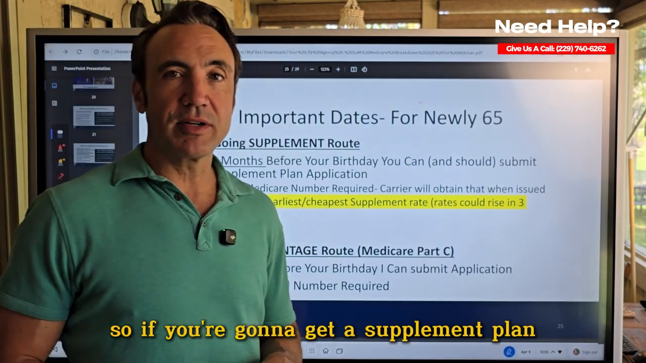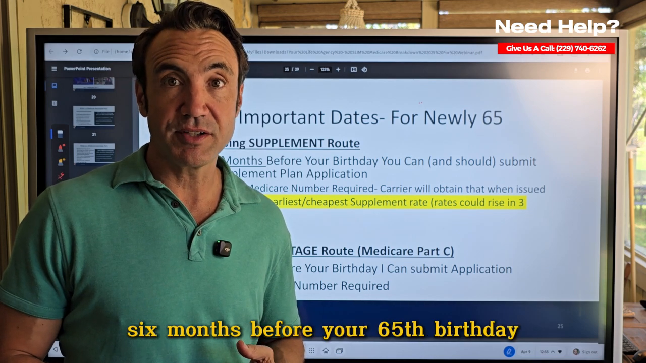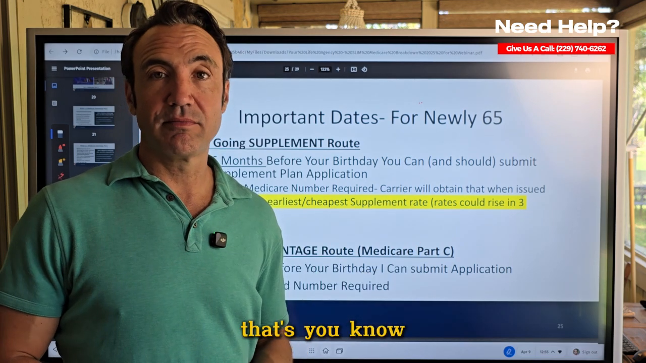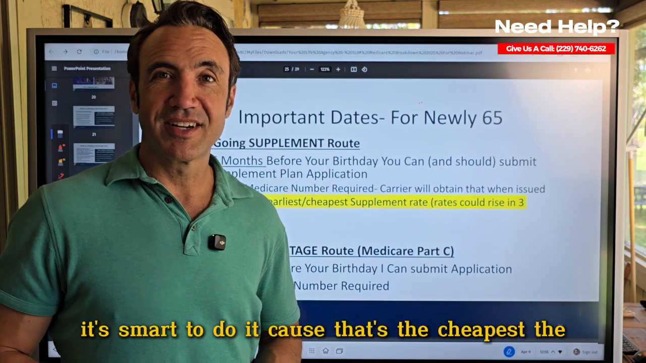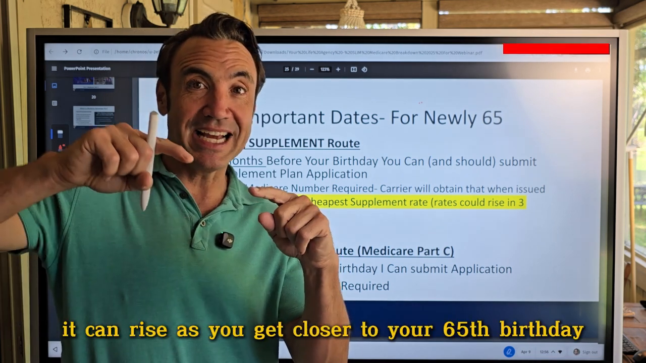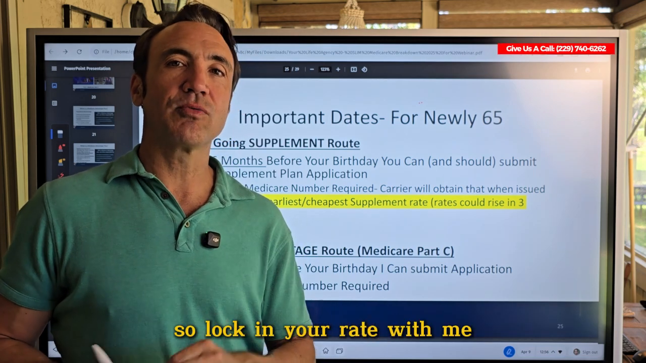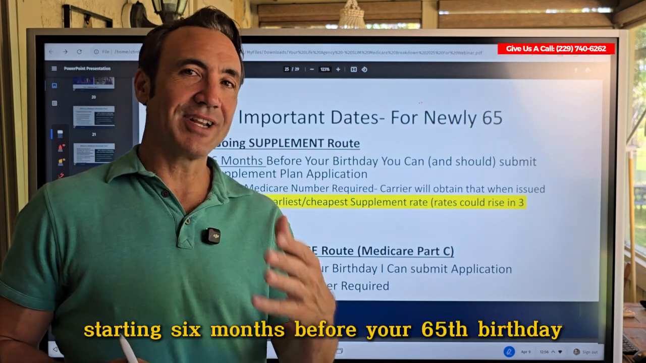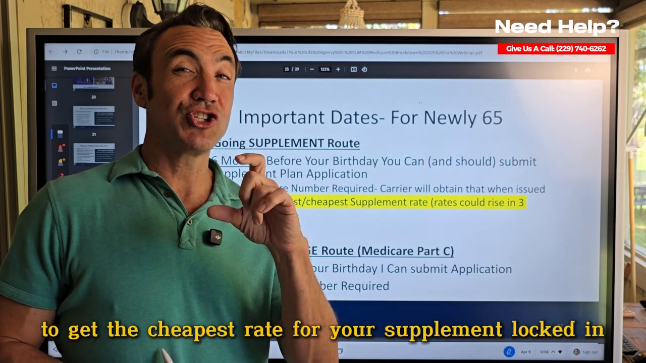Important dates. So if you're gonna get a supplement plan, they'll let you lock in their rate 6 months before your 65th birthday. That's way before you get your Medicare card even. It's smart to do it because that's the cheapest the rate's gonna be. It can rise as you get closer to your 65th birthday. So lock in your rate with me starting 6 months before your 65th birthday to get the cheapest rate for